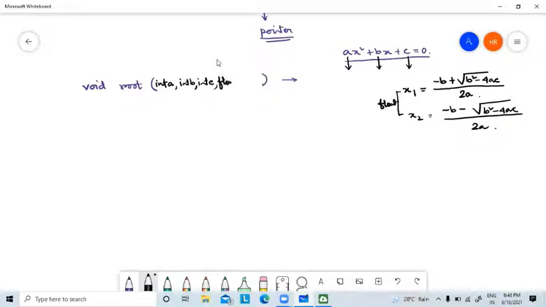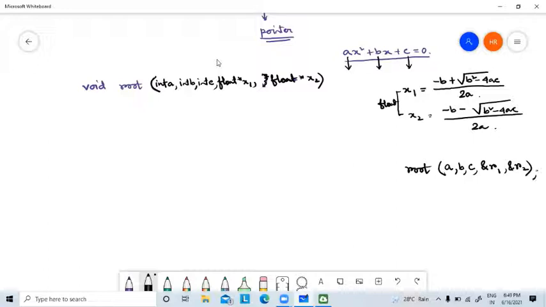So what I will do is float star x1, comma float star x2. Is it clear? Because I need to return these two things, I have considered them as pointer variables. So how to call the function? I will call the function from main after getting the values of a, b and c, like this: a, comma b, comma c, ampersand r1, comma ampersand r2.